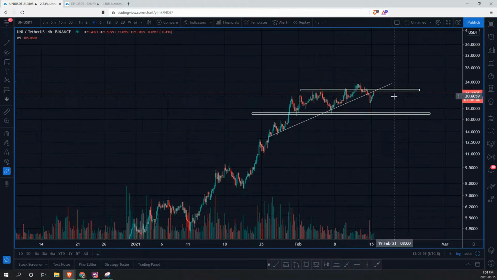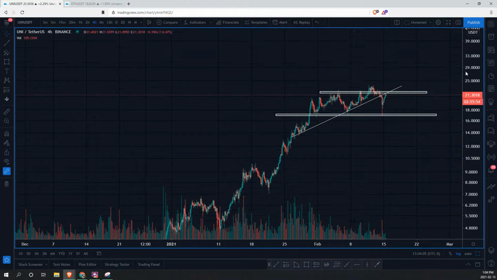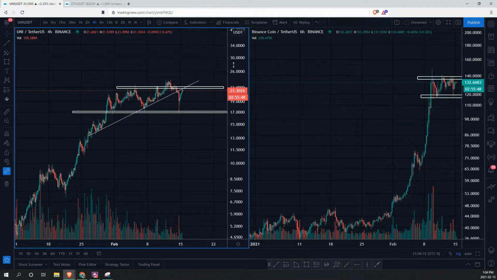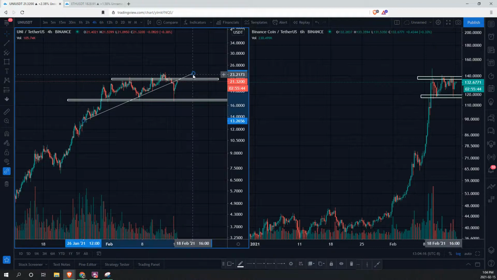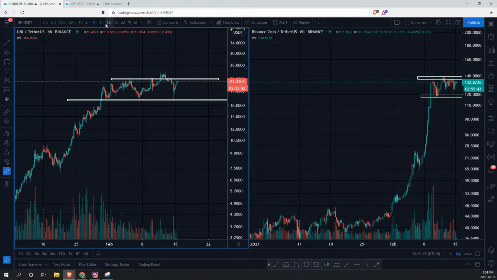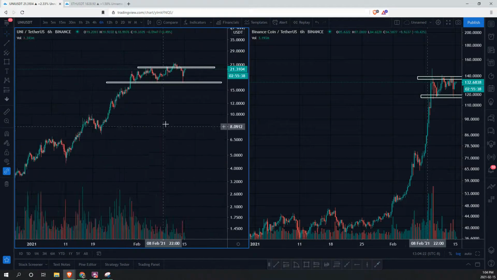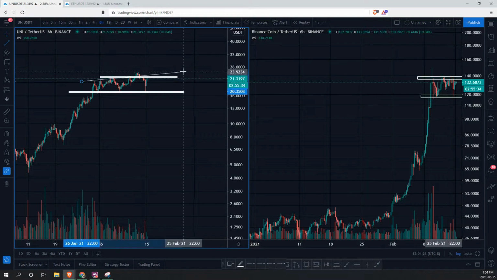So hopefully everyone who did take an opportunity was able to get stop losses right when it broke below this zone, really minimizing losses, because that is definitely a major part of trading and investing, being able to understand when to get out of a certain particular trade. So we're just going to be waiting patiently to see what else emerges. As of right now, we saw a massive move to the upside, barely a higher high here, and then